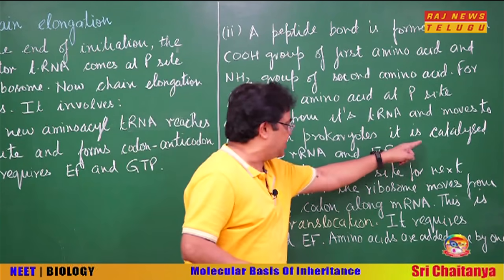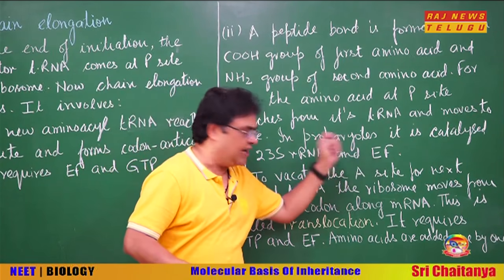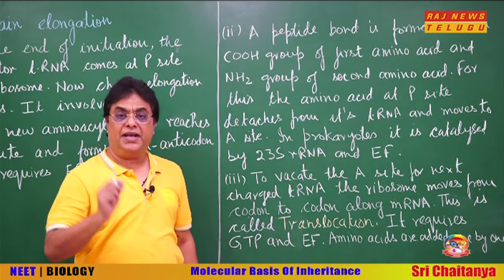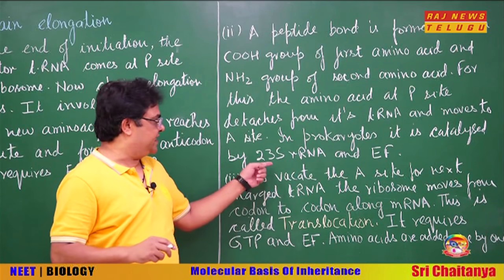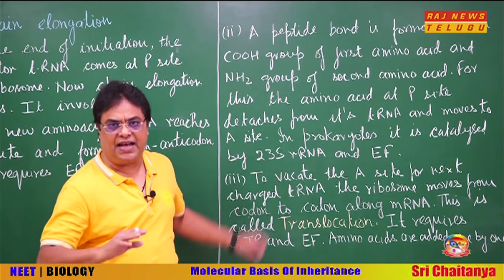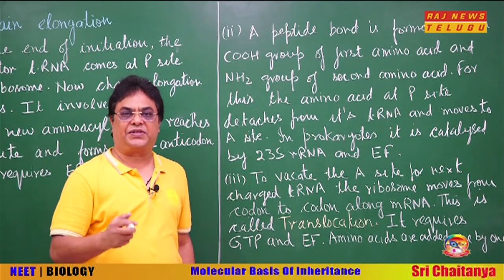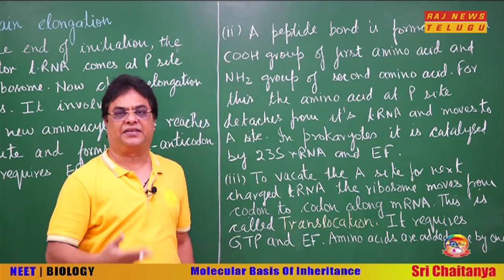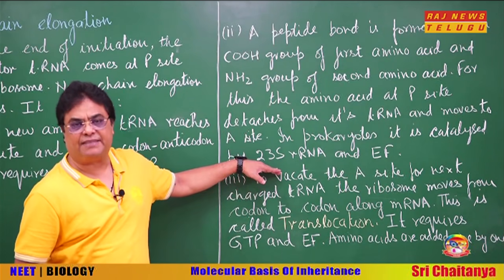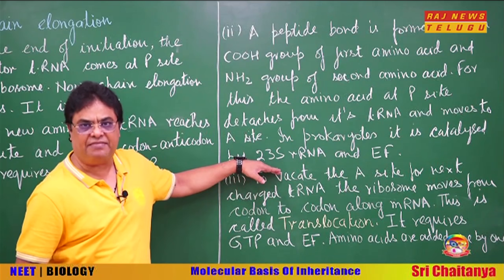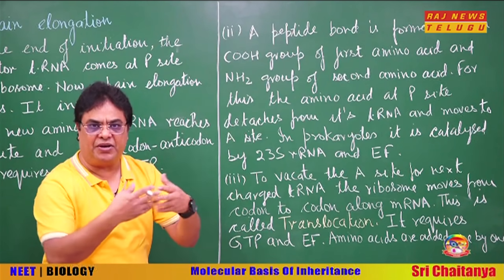In prokaryotes, it is catalyzed by 23S rRNA and elongation factors. Remember, while discussing the different types of RNA, we said that 23S rRNA has dual function. It has a structural function and it also has enzymatic function. It is a ribozyme. Why did we say that? Because here it is functioning as the peptidyl transferase enzyme,